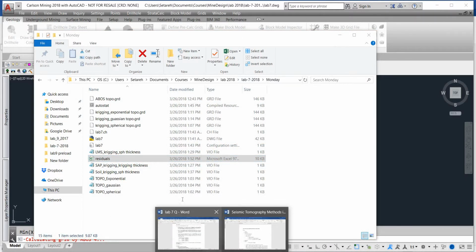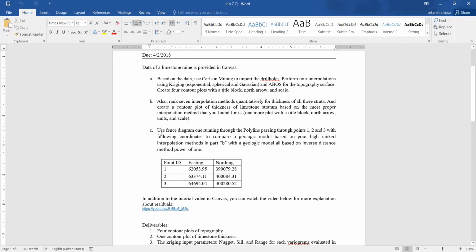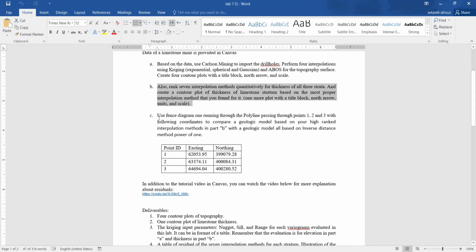So let's go to the question. It says that, right now, based off that, you create maps. Based off the grid files, because the grid files are already saved, you create for each of the best ones, for the limestone stratum, for example, for ABOS, for thickness of that, you create a grid based on the thickness, and you'll make a plot out of this. So you'll do this part, and then we'll move to the fence diagram. Alright,